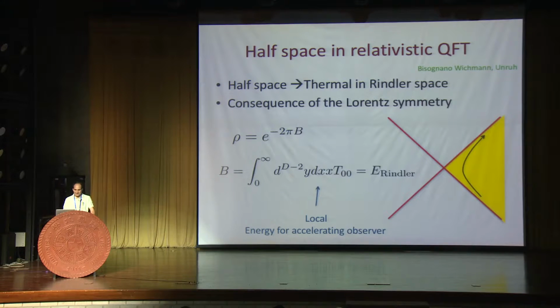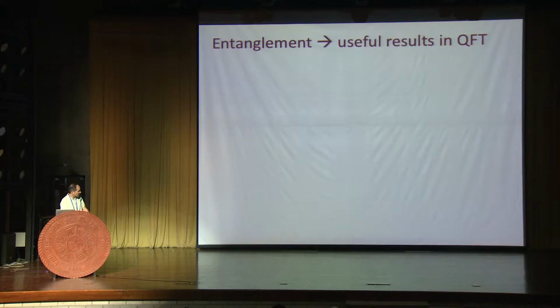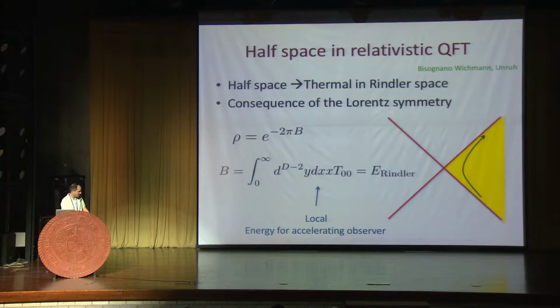Now, an old result that is very basic in this is we can consider half of space. So we start with a theory in Minkowski space, and we restrict the attention to half of space, and then that implies we're going to make observations purely on here the right Rindler wedge. And in this case, the Lorentz symmetry of the quantum field theory and also some analytic continuation from Euclidean space implies that the density matrix on the right-hand side is thermal,